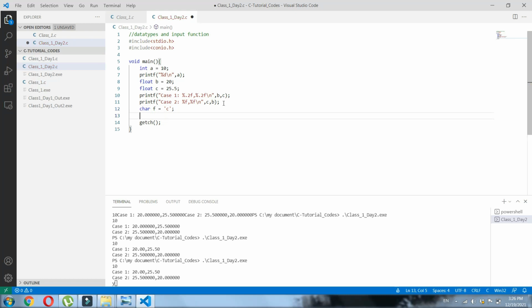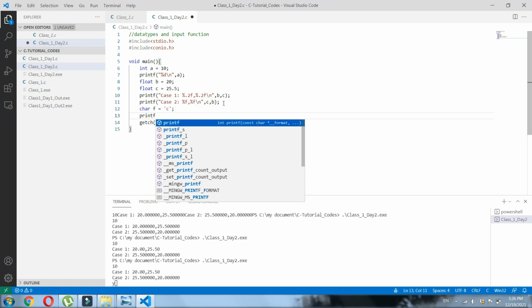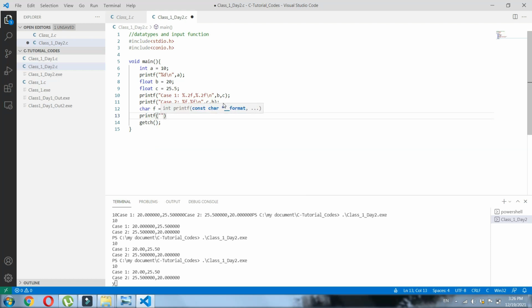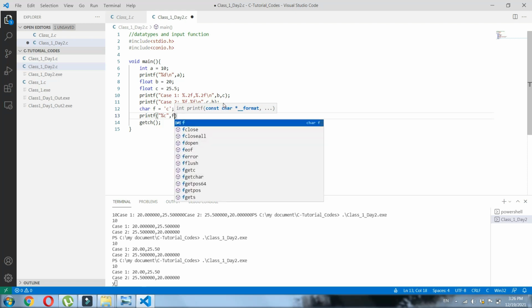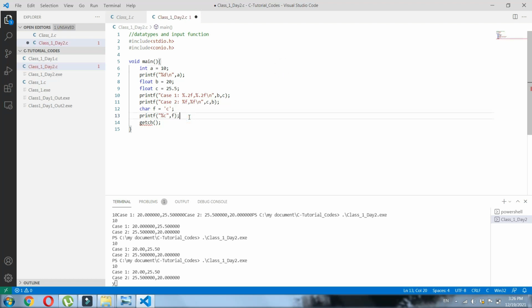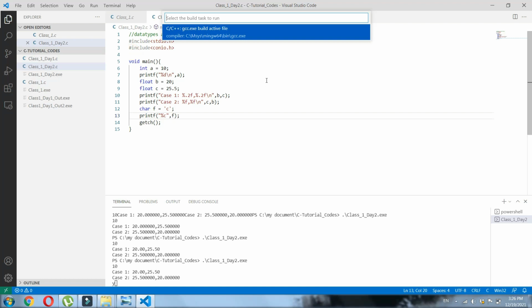Okay, so I'm giving printf, and let's print this character as %c, comma, and the variable name. Let's save it. As I said before, don't forget semicolons, or you will get into a mess. Build task.